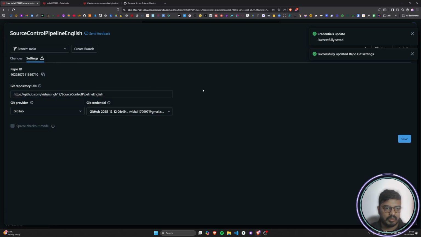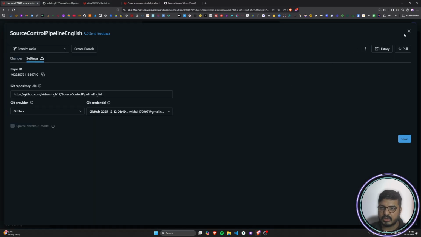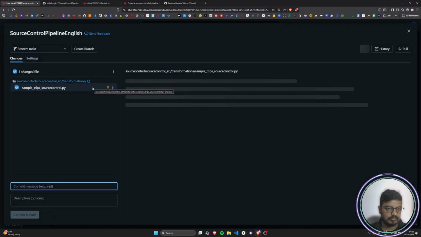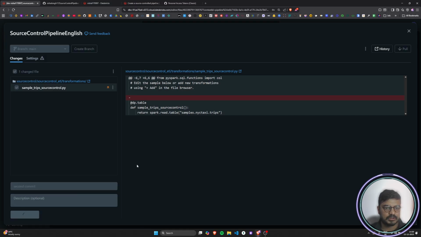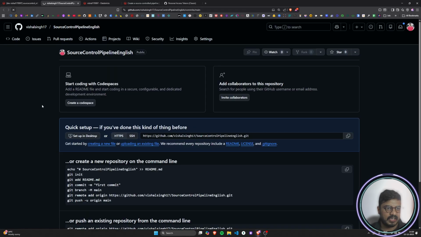Okay, so now it has been updated successfully. But if you look at it currently, you will not see the code. So I will have to come back here again. I can cross it, and let's suppose I remove this space, and I come back here on my git and pass a message as second commit. And now if I click on commit and push, and come back here and refresh,